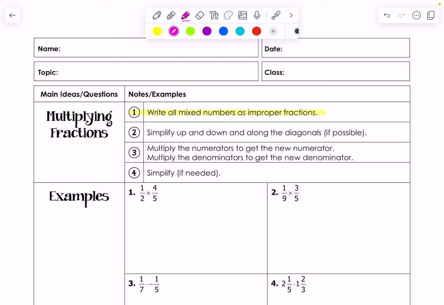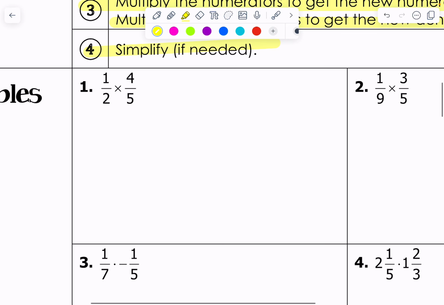Now, step 2 is something that you can do if you want, but you would not have to. But for sure, we need to multiply the numerators together, multiply the denominators together, and then for sure you need to simplify. So when we look at number 1,